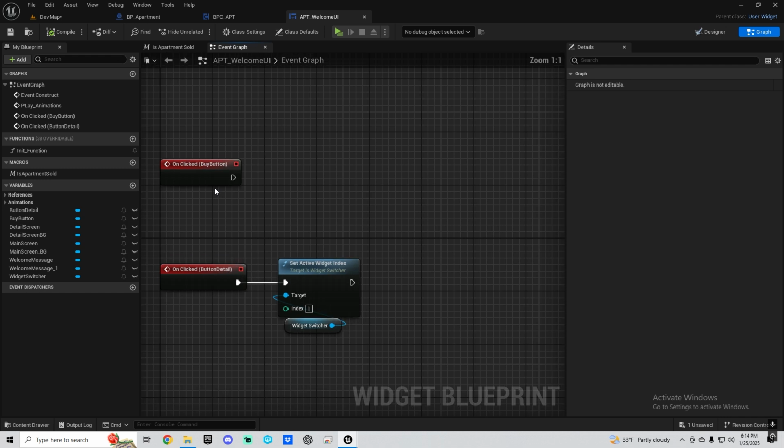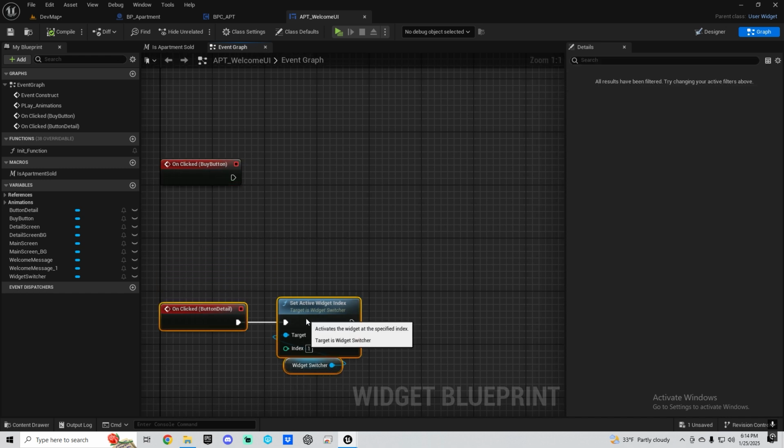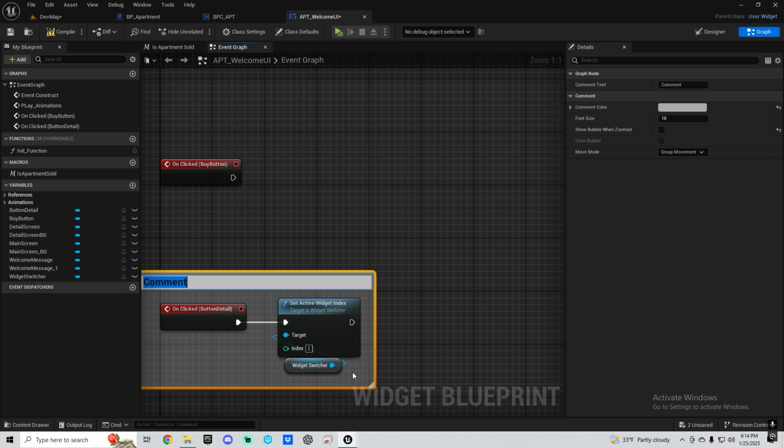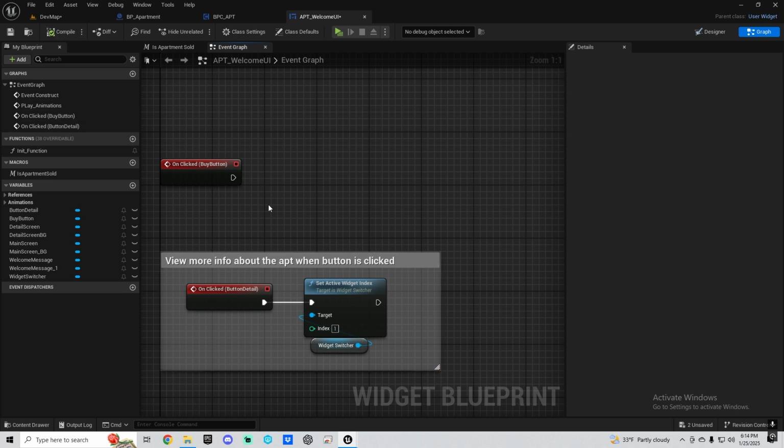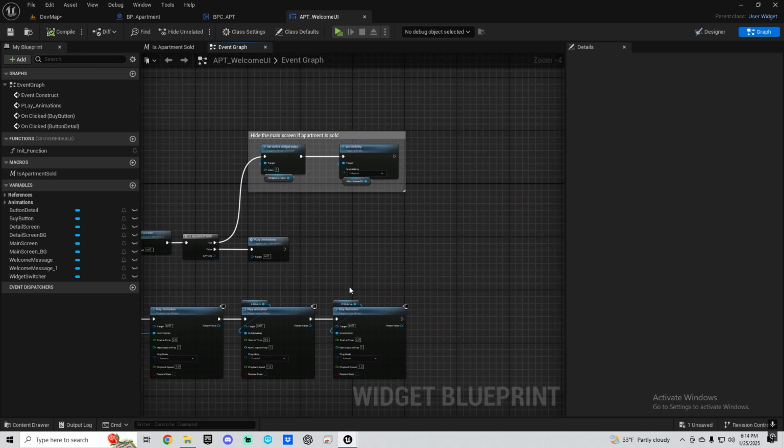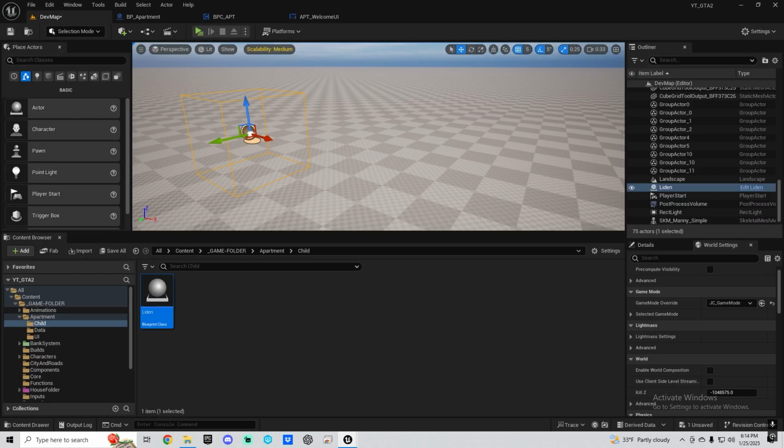So now the buy, okay. View more info about the apartment when button is clicked. Okay. And this is where you do the buy. Okay, make sure you do this. And then get a reference to the apartment that you just purchased. Okay, so now what we need to do now, we need to create doors, because the way